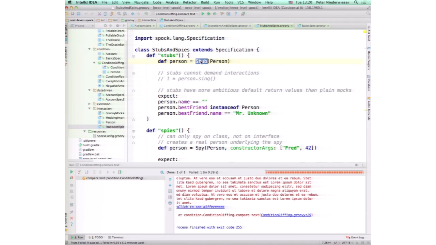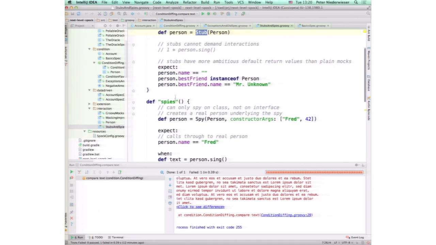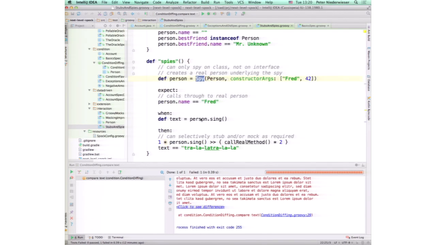If it needs to return an arbitrary object, it will automatically create another stub and return a stub rather than returning null. So it's more aggressive with its defaults in terms of what it returns, which can be useful. Then we have spies. That's a special case. They call through to a real object. So a spy sits between your class under test and the collaborator. Both are the real guys, and the spy just listens to what's going on between them, which method calls happen. And it can intervene. It can say, no, return the original return value or change that return value. So it's an advanced use case,